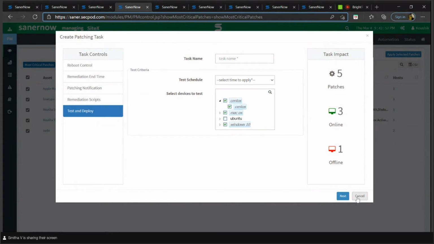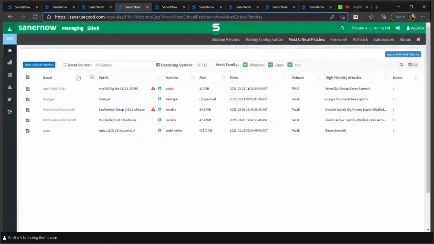In this way, we can prioritize our patching, and we also recommend to everyone that it is important to deploy patches of all severity ranges, not just critical. We should not leave the less critical ones, I feel. It is always recommended to patch all the missing updates in the network to have a risk-free IT environment. So I would prefer we remediate all the assets in the network.